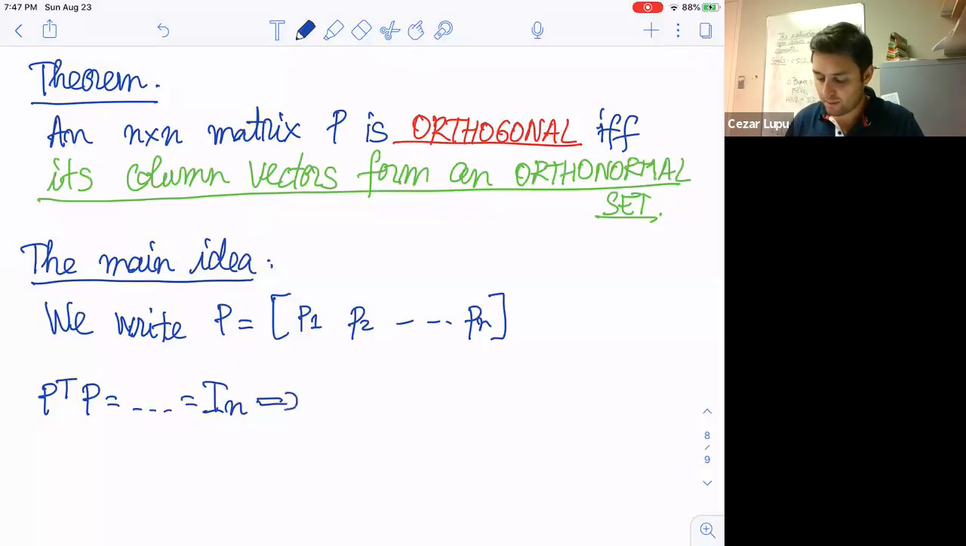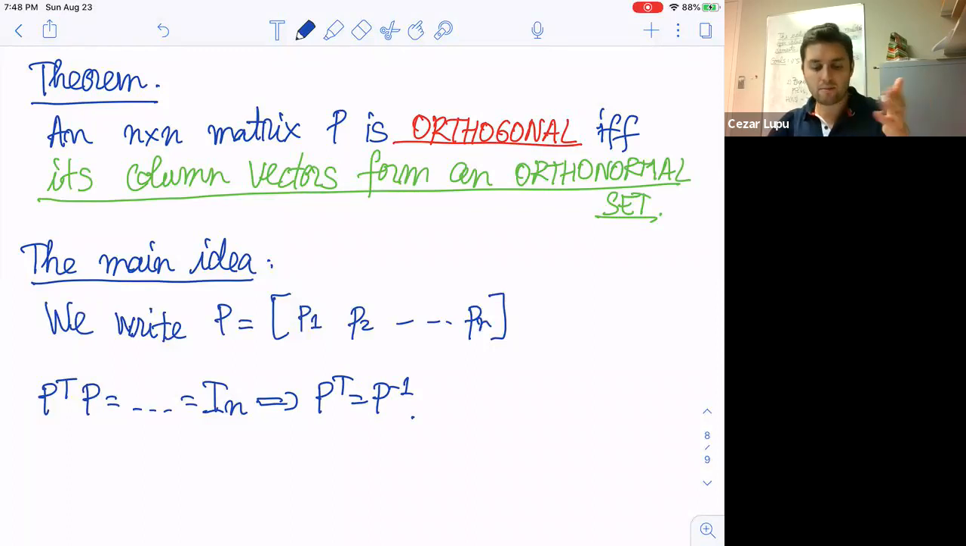So from here, this will imply that P transpose is nothing else than just the inverse of P, which is exactly the definition of an orthogonal matrix. Anyway, like I said, it's if and only if. You can also do the other way around: you reverse all the steps and go backwards, and there you go. Okay. So I'm not going to dwell too much on the proof of this theorem, but I'm going to dwell